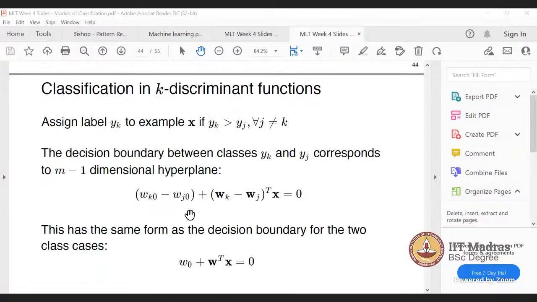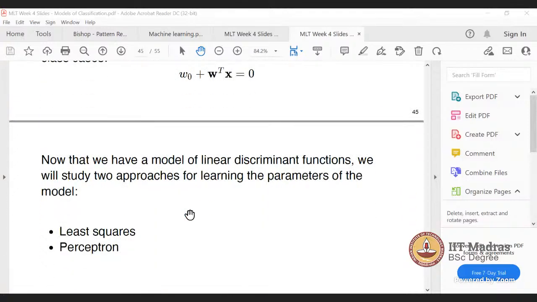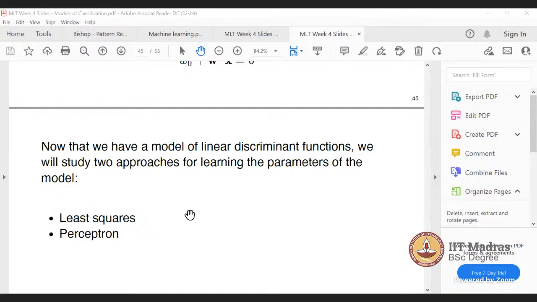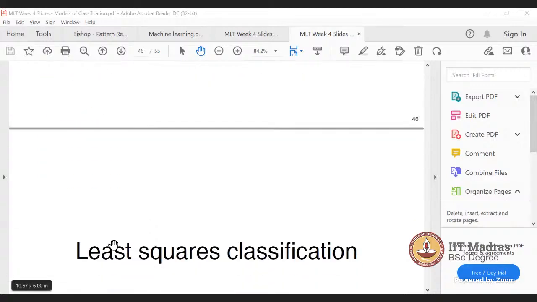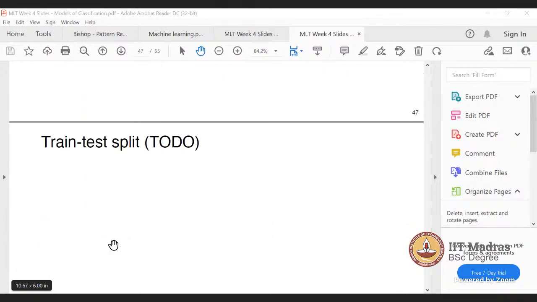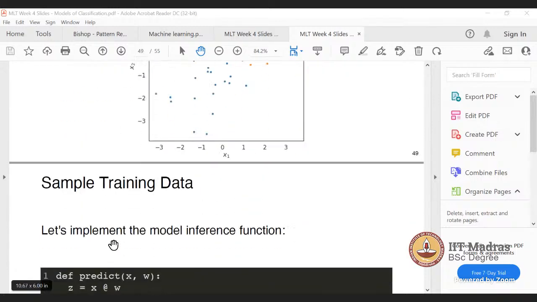And remember, whenever you are doing a classification problem using least square classification, you have to convert your label vector y by the one-hot encoding scheme. Okay, so in this week we will learn two ways. One is the least square model, second is perceptron. So let's move to the least square, then we will go for the perceptron. So least square, here the loss function is defined as,